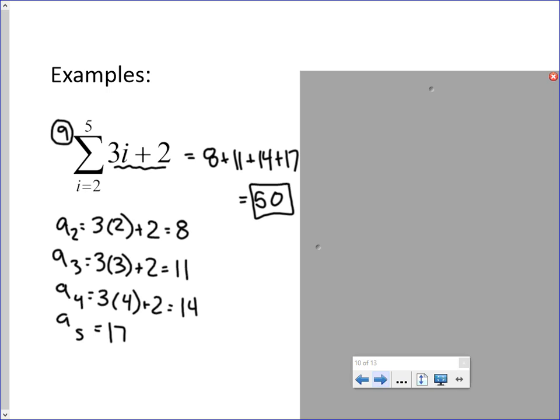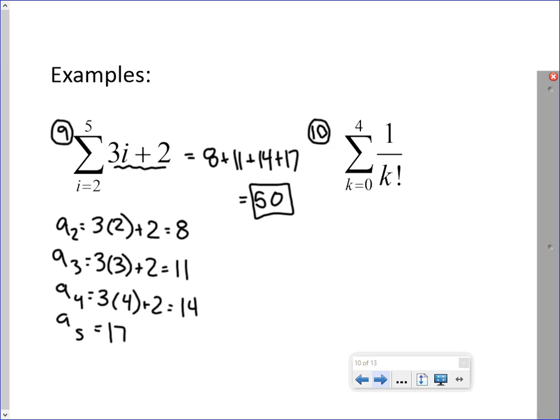I am not going to take time to do this second example, but it does have the factorial in it. So does anybody remember how factorial works? If I give you 5 factorial, we said 5 times 4 times 3 times 2 times 1. If I gave you 4 factorial, 4 times 3 times 2 times 1, right? One thing to note, and maybe write this down in case you see any factorials in the